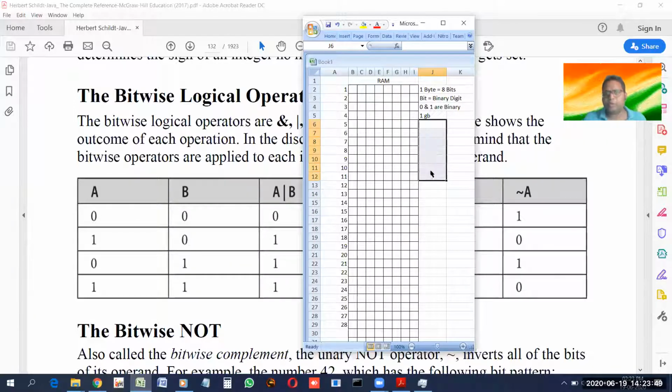So let us try to know how many bytes are there in 1 GB. 1 GB contains 1000 MB, although it is 1024. And this is 1 MB. Now, how many MBs are there in a GB? 1024 MBs are there. How many KBs are there? This many. And how many bytes will be there then? These many. So if I press enter, it will show you the number of bytes in 1 GB of RAM. This is the number of bytes.